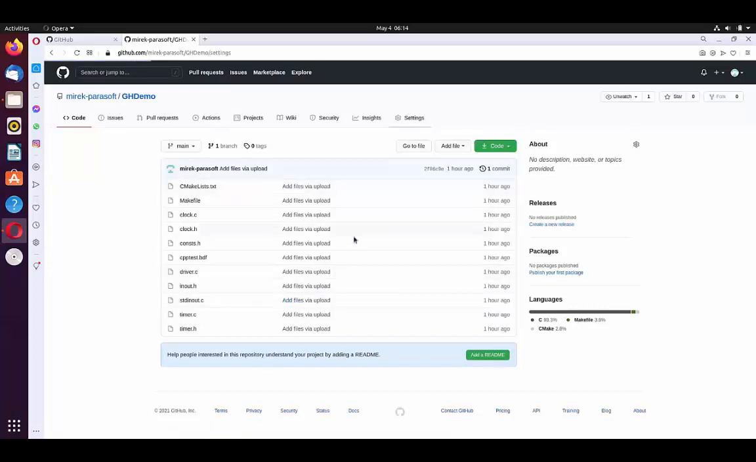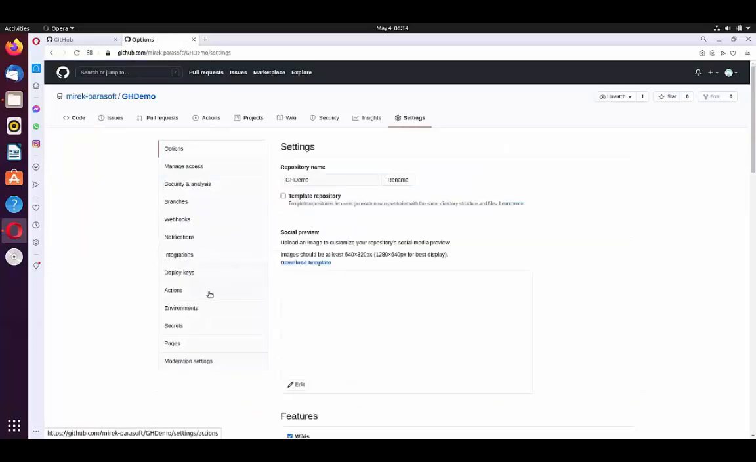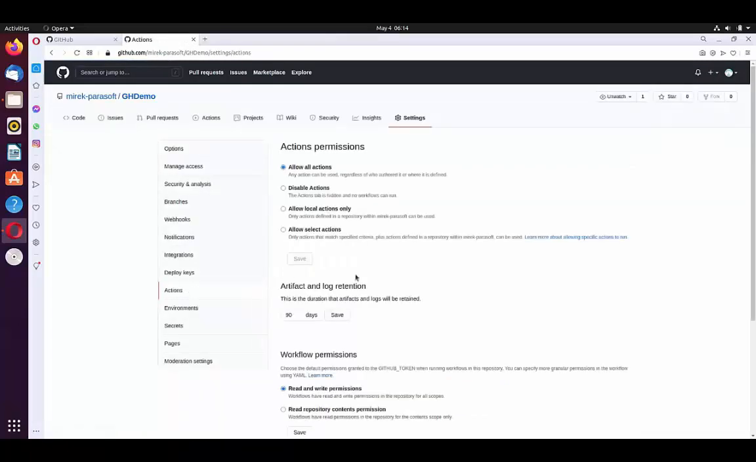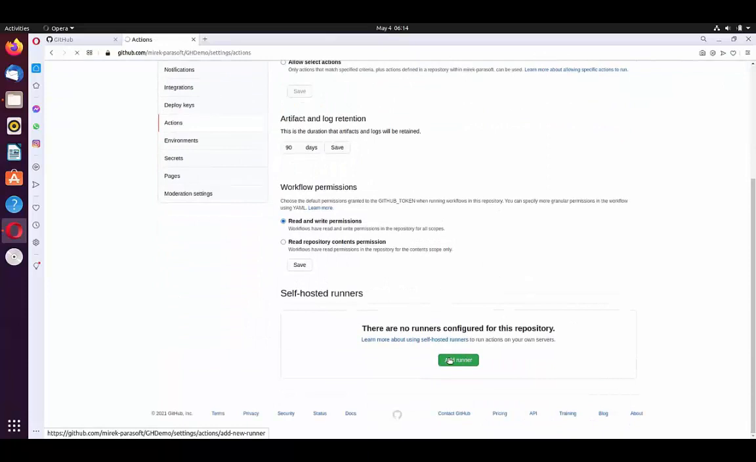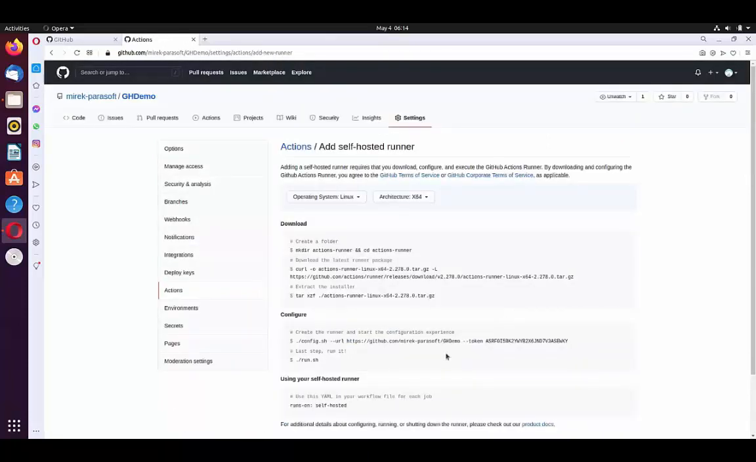Let's go to GitHub settings, select Actions, and then add self-hosted runner. GitHub displays a collection of commands for downloading and configuring the self-hosted runner, which we can copy from here and execute in our system. I will open a terminal